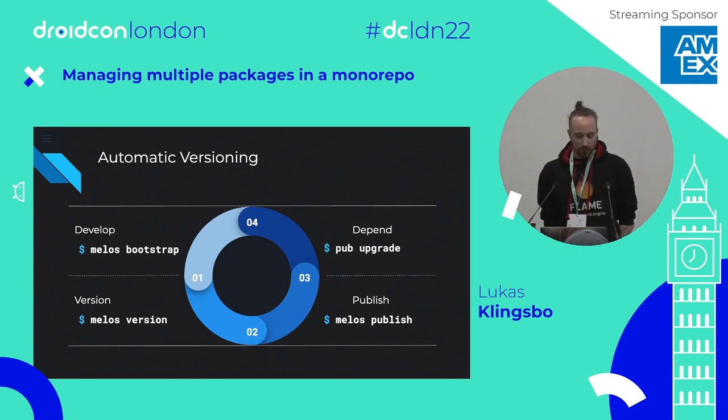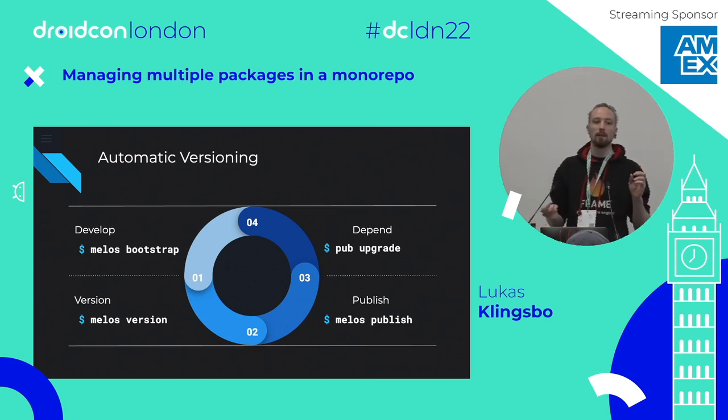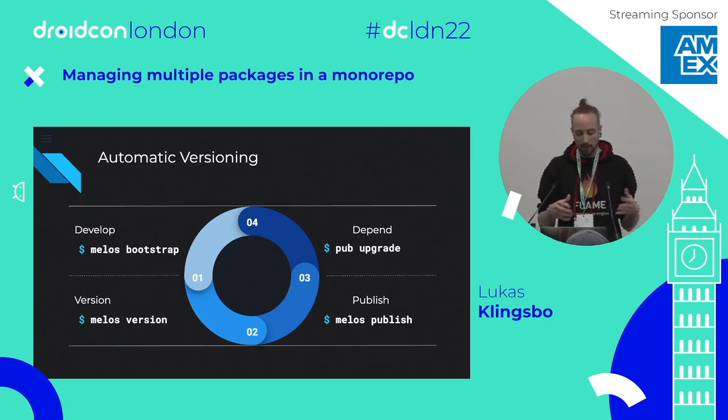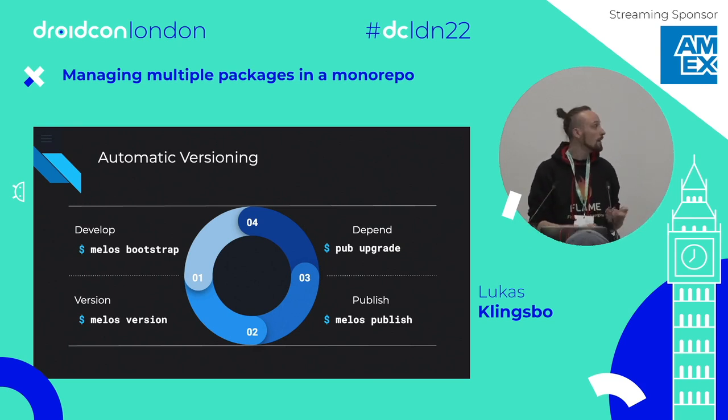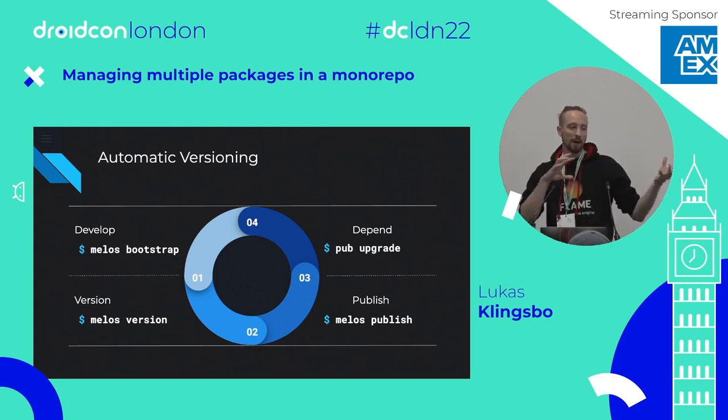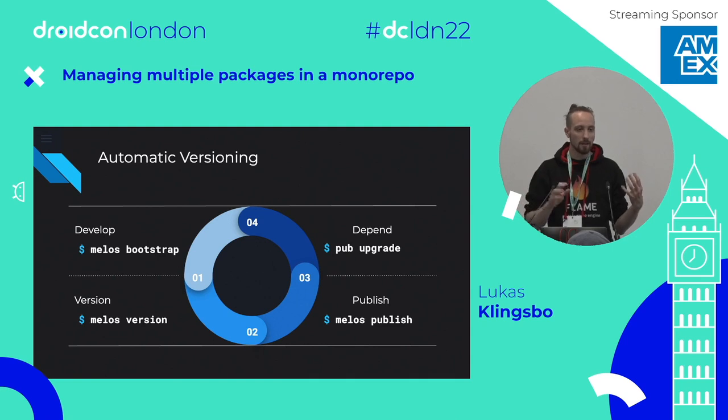So when you start with Melos, you have to do melos bootstrap. And if you introduce new packages into your monorepo, you also have to do melos bootstrap, and that will just link all of the packages together and do pub get everywhere, etc. And then you will do some commits to the repository, and later you decide, oh, okay, I want to do a new version. And then you just write melos version, and melos version will figure out all the packages that need to be updated and give them new versions and generate new